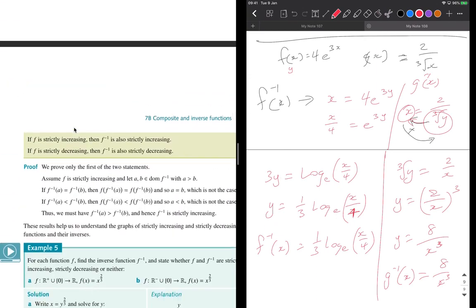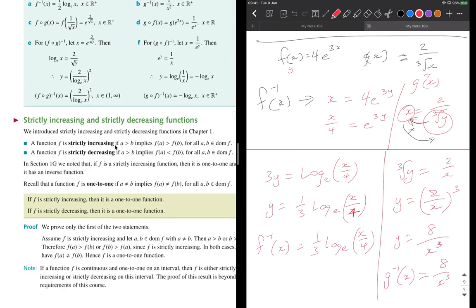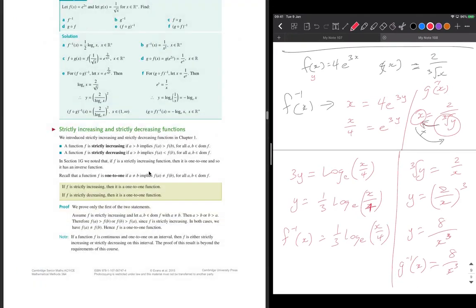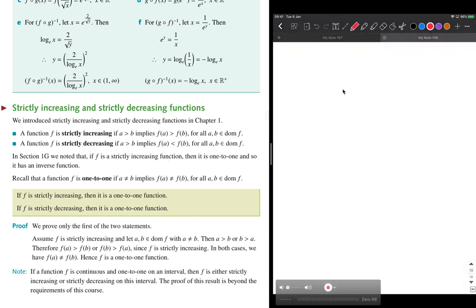Last thing I wanted to discuss is this stuff here, the strictly increasing and decreasing. This is a lot easier than it sounds sometimes. So let's just go through it. So a function f is strictly increasing if a bigger than b implies f of a is bigger than f of b. Now that can be difficult to get your head around, but all it's saying